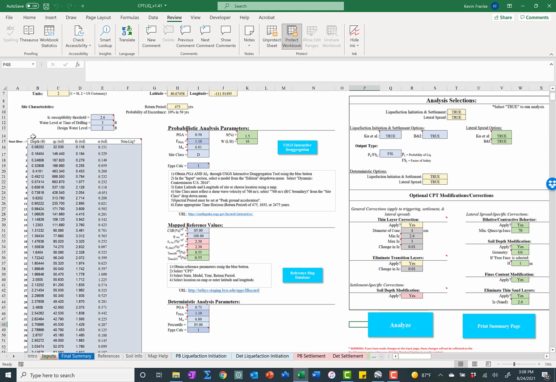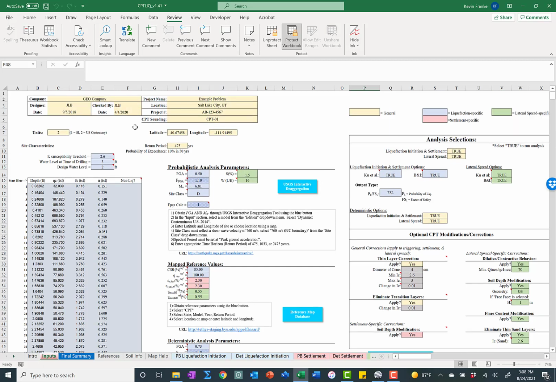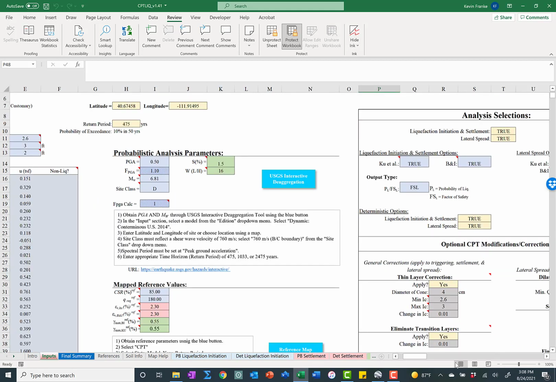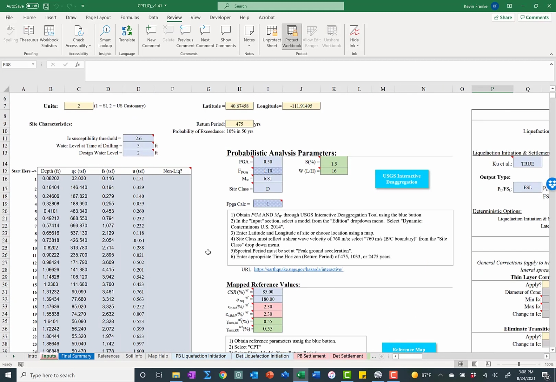Now right here where it says start here, this is where you're intended to come in and just copy and paste your CPT log data. So we can change the units. So right now the units are set to US customary, as you can see. Maybe I'll zoom in a little bit so that it's not quite as small for you. So right now units are set to US units. So you see everything is feet,